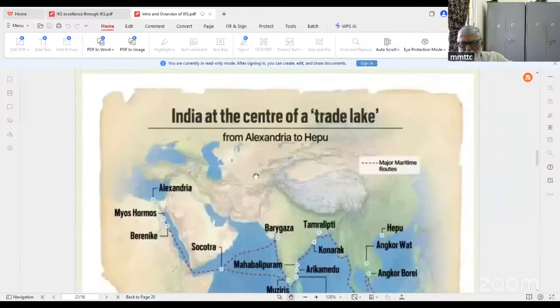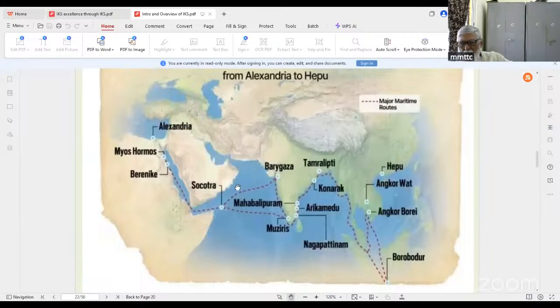And you will also see an interesting thing. This is how it was connected. All these people would come to the West Coast. Sometimes they go up to here and exchange. Many times they cross the Deccan Plateau here and trade. So near Arikamedu, which is close to Pondicherry now, you will also see a very big remnant of a Roman warehouse, a huge warehouse.